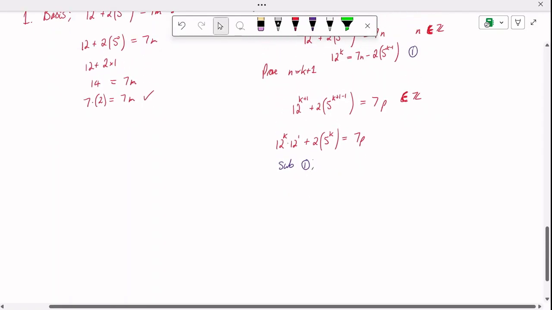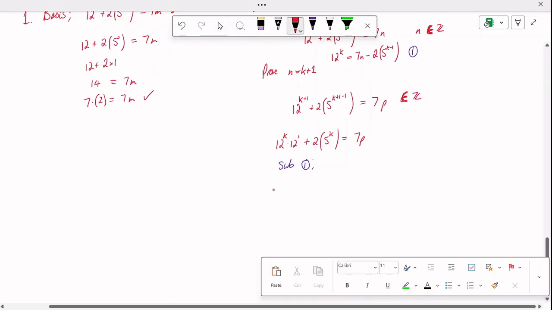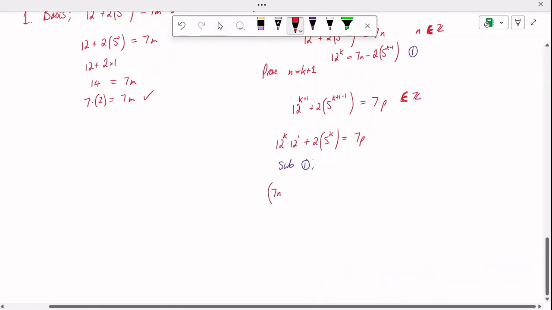And so that means that I'm actually dealing with 7n minus 2 times 5 to the k minus 1 dot 12 plus 2 times 5 to the k